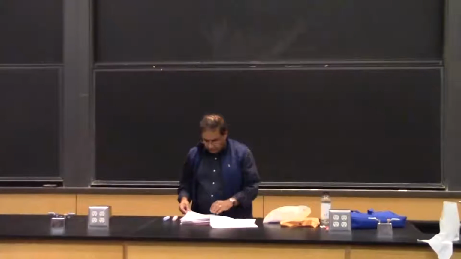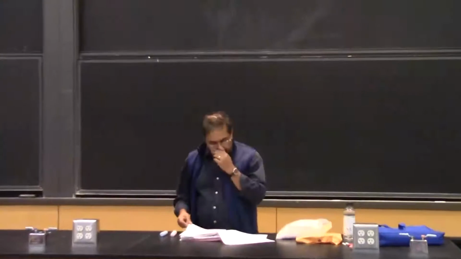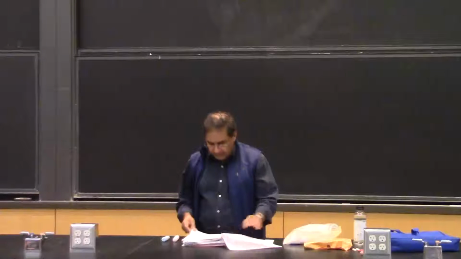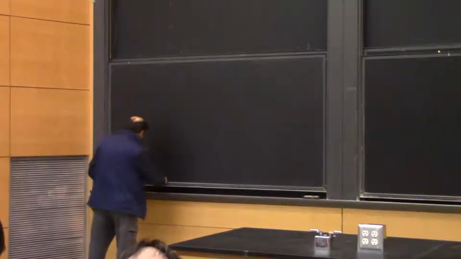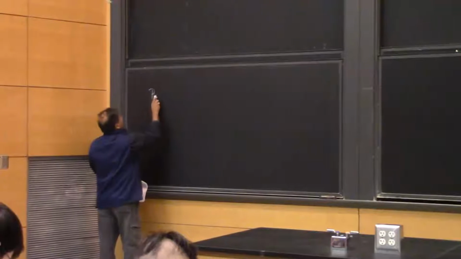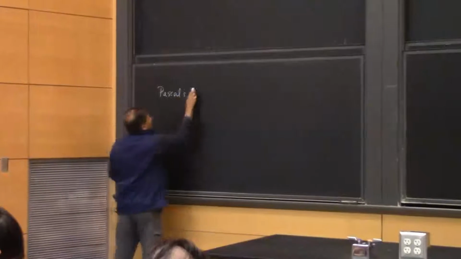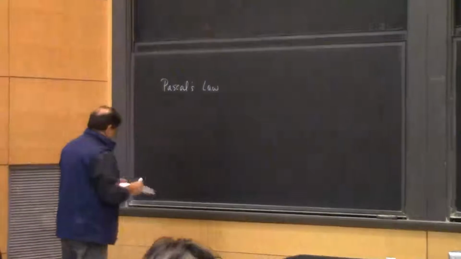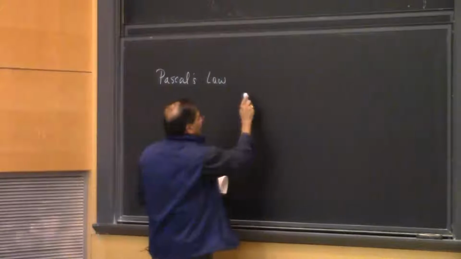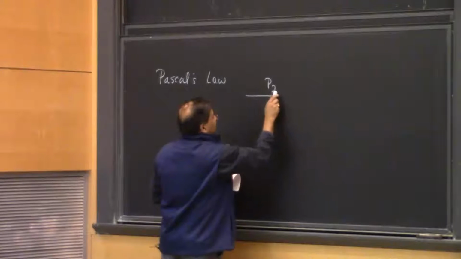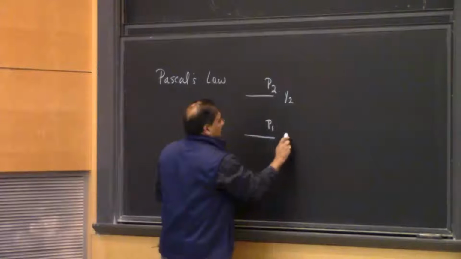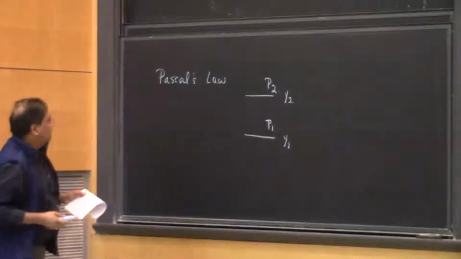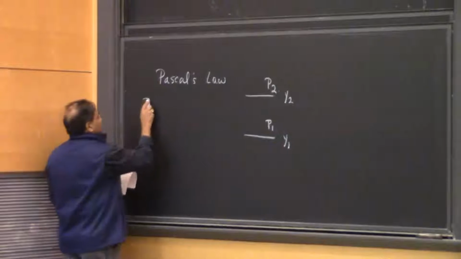Now, that tends to be an important part of a problem. The other thing that we did, which I think is important, and you will find out today why, has to do with Pascal's law. If you recall, if I have two levels, P2 and P1, at heights Y2 and Y1, with pressures P2 and P1, then one can write P2 minus P1